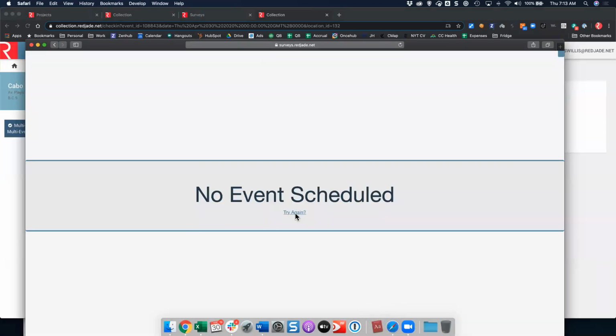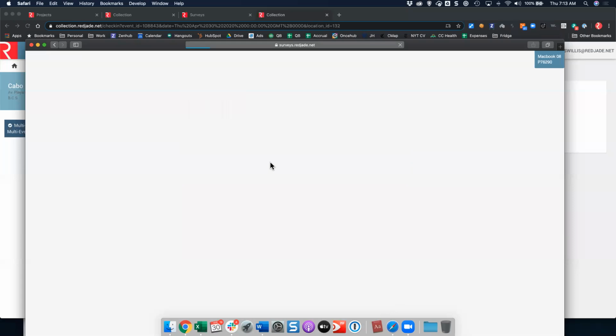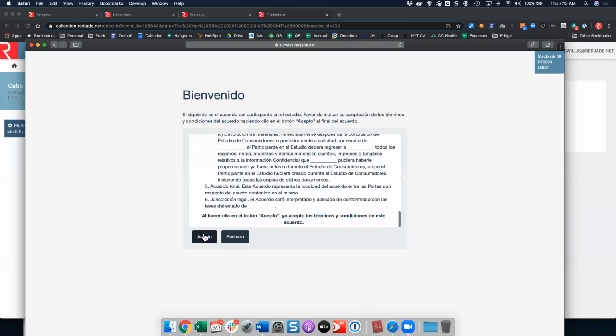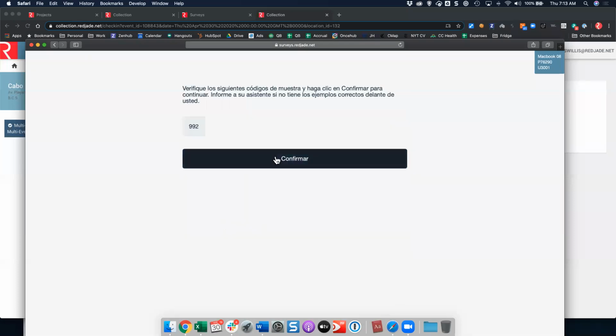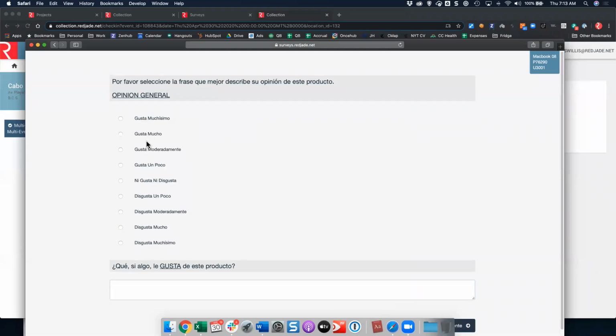And then you'll see here in Safari, we'll see if this is my French or my Cabo site here. So this is my Cabo site, right? It's automatically in Spanish. I'm going to enter my 3001 code and I'm going to start my survey. And you'll see that this is going to load in Spanish here. Okay, so I'll accept there and I'll go ahead and confirm the ID number here